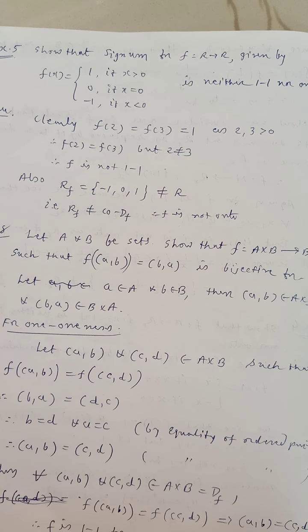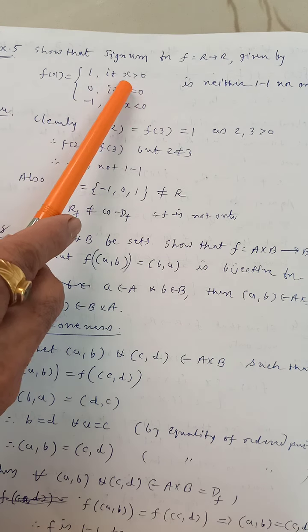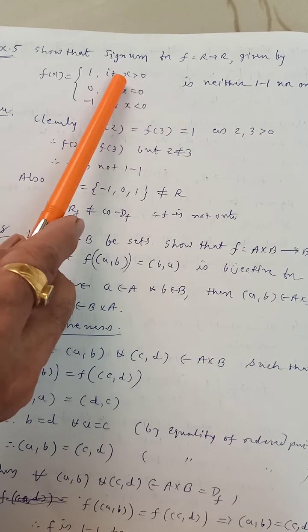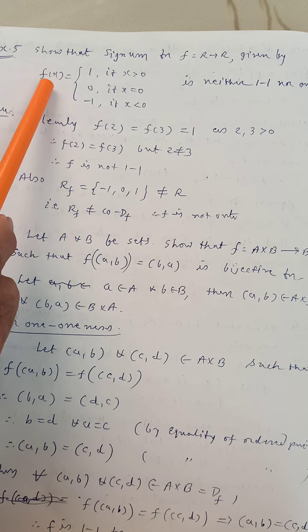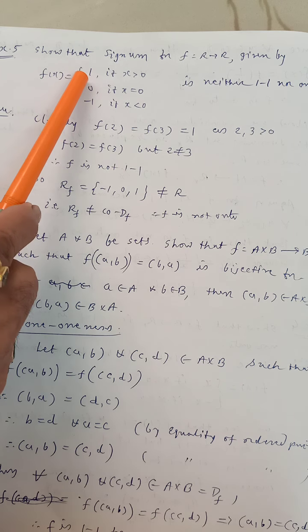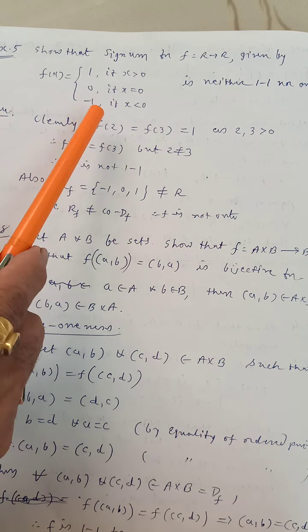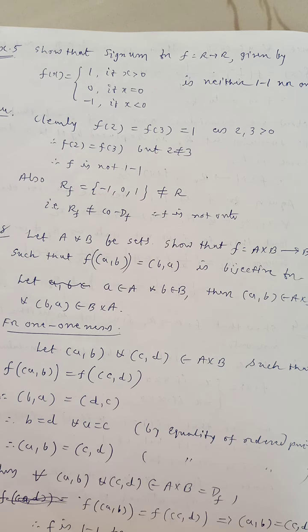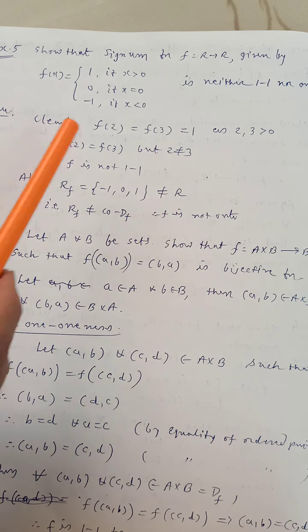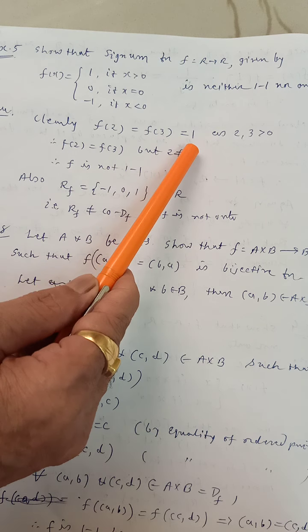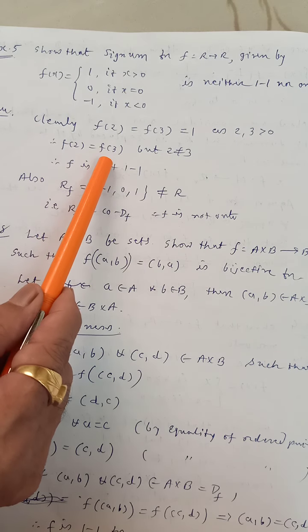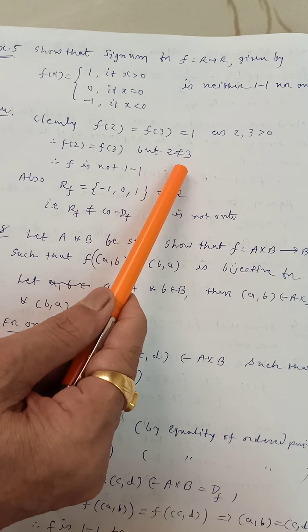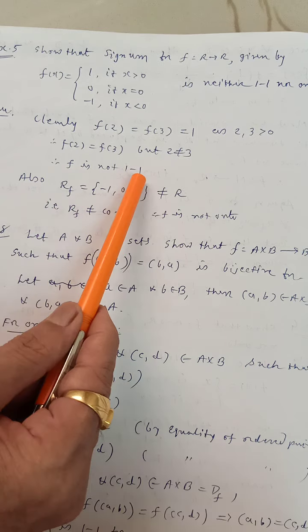This is very easy, because you see the f(x) value we always write as 1, whatever positive x you choose: 2, 3, 4, whatever you like. Suppose I take 2. Because 2 is positive, it follows this rule, so f(2) is 1. If I take 3, positive, f(3) is also 1. Ultimately f(2) and f(3) are the same, both 1, because 2 and 3 are positive. And that's why f(2) = f(3), but 2 is not 3, and therefore f is not one-one.